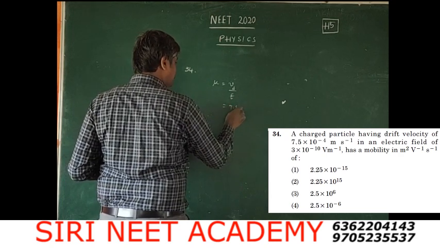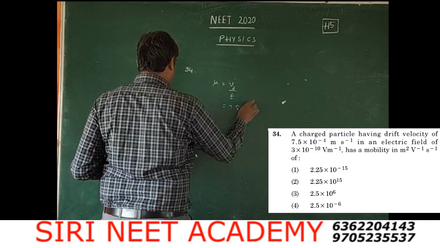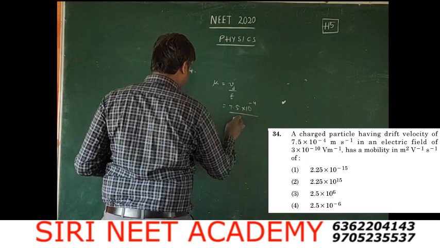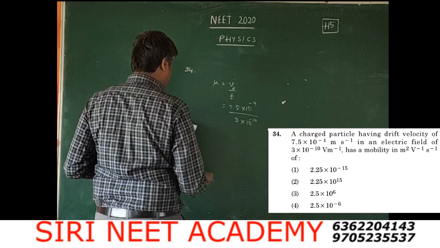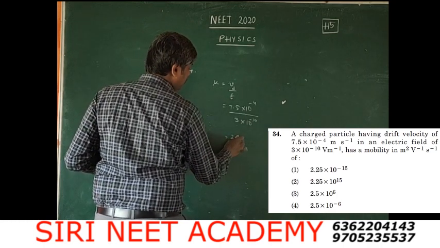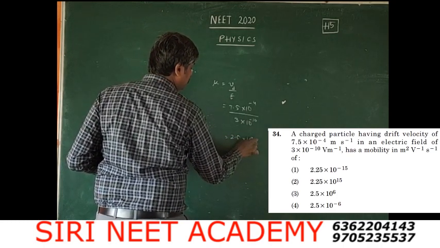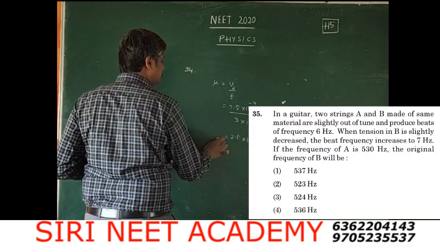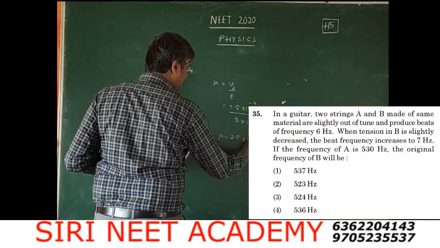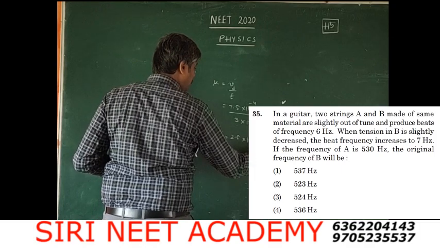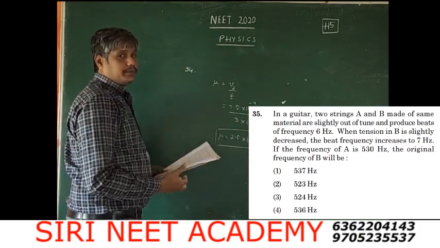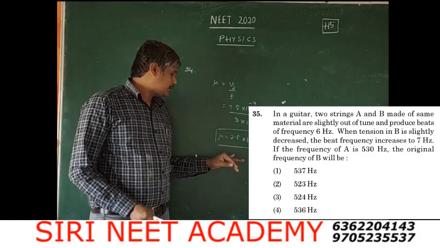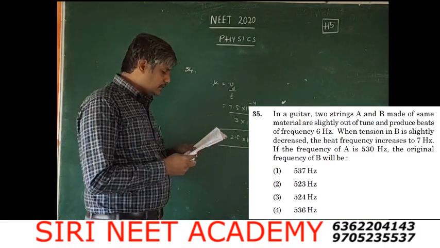The drift velocity is 7.5 × 10^-4 by 3 × 10^-3. Solving this, we are going to get 2.5 × 10^6 meter square per volt per second. So, the option corresponding to this is